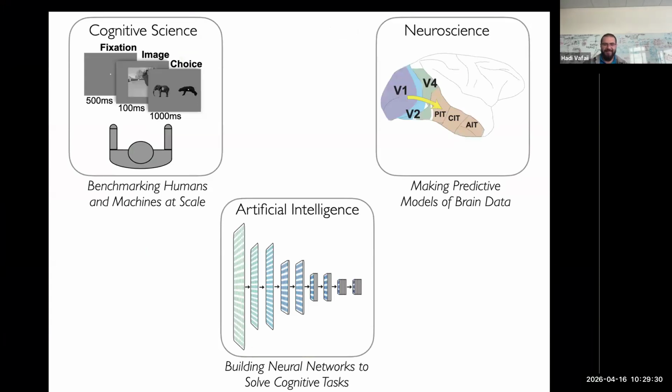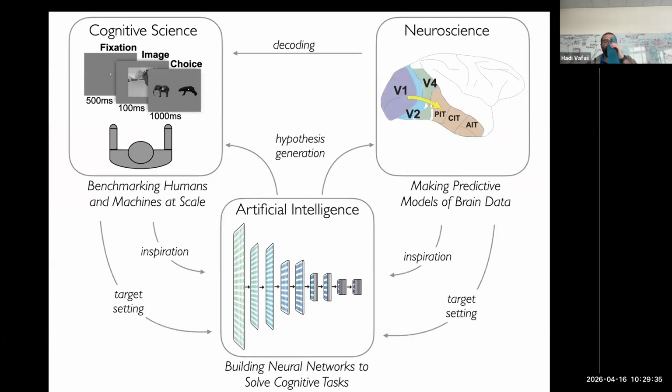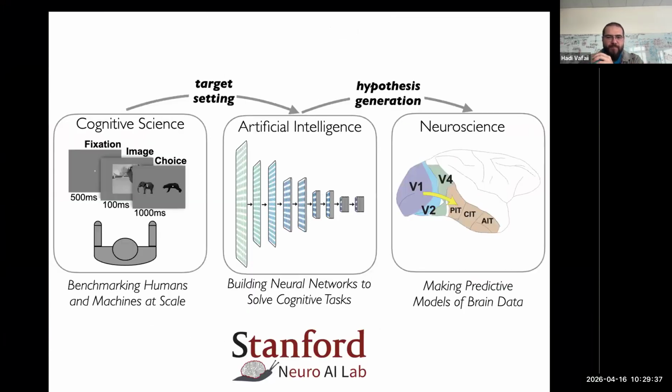Cognitive science, neuroscience, and AI. We end up doing a bunch of each one of these things, and they're all kind of related to each other. But actually, the process is this really: we think of cognitive science as kind of a target, which is you want to be able to learn from the type of data that actual people get. It doesn't tell you how to solve it at all. But it's like a target, so it's constrained in that sense, and it should be. So that's the value of what Kai's work was, basically showing that we could hit that target in some way. And then AI is the actual work of building networks, which is a lot of what we do.